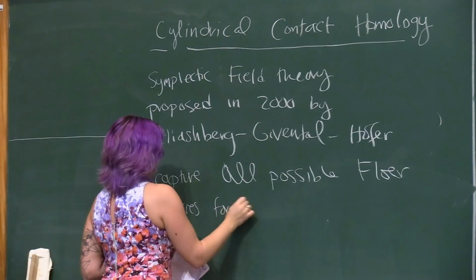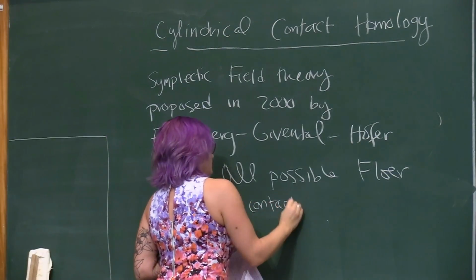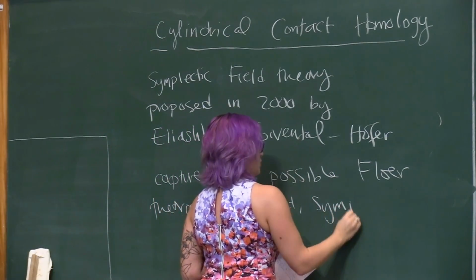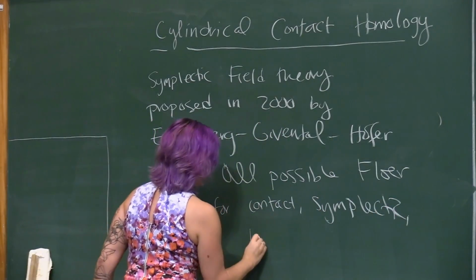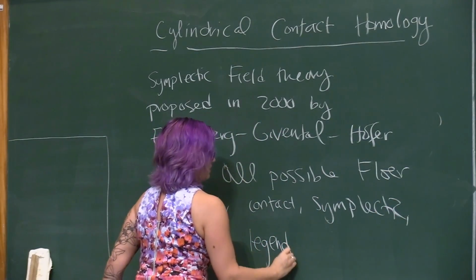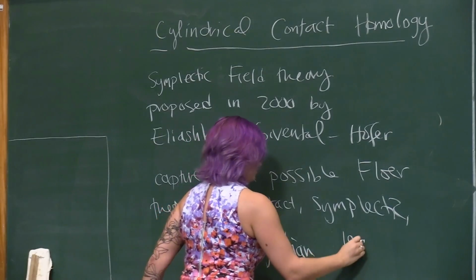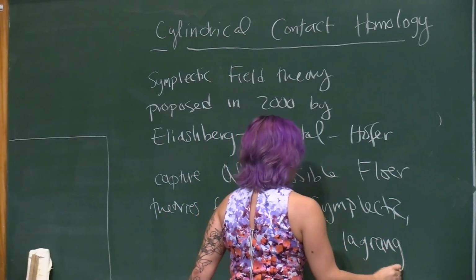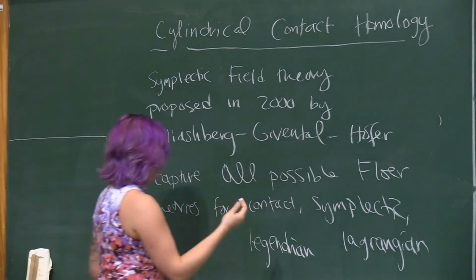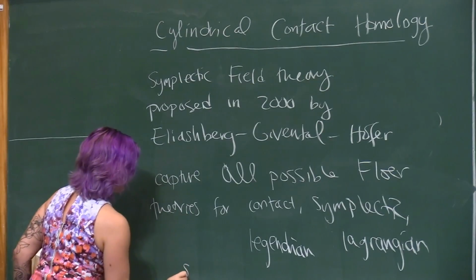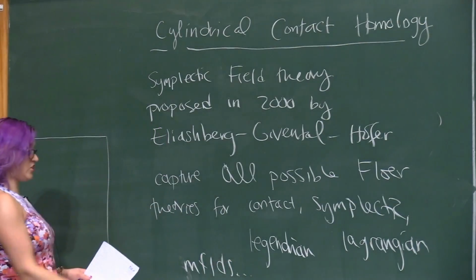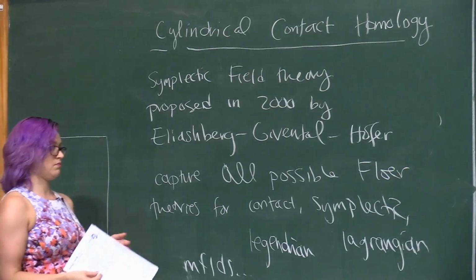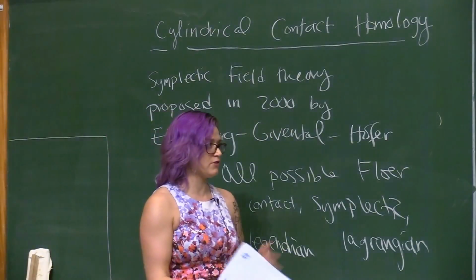For contact, symplectic, and then you have Lagrangian and Legendrian, and you have Gromov-Witten and marked points and everything. Okay, but this was very far-reaching, and there are a lot of analytic difficulties that show up,